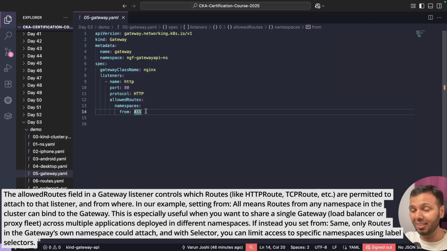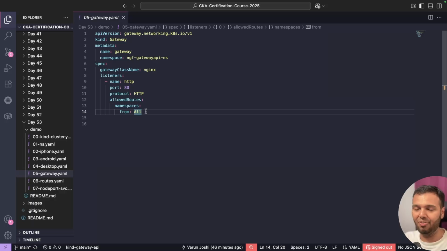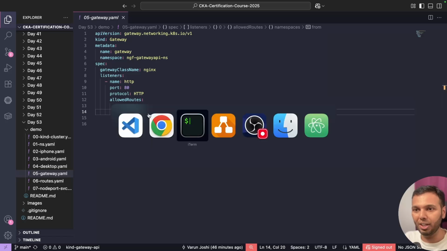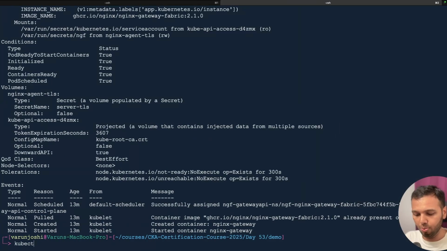Then I have namespaces. I'm saying that all the namespaces can use this gateway. If I wanted to restrict certain namespaces, if I wanted to limit the usage of this gateway for certain namespaces, then I could have specified them here. But for now, I'm using all, and you can always check the documentation to see what all options are available at your disposal. So I will go to my terminal, and here I will run kubectl apply -f,